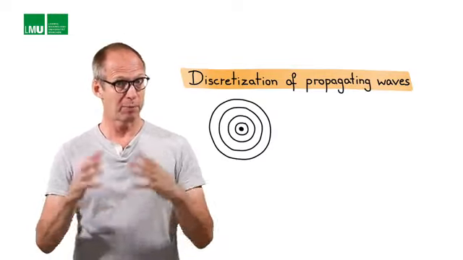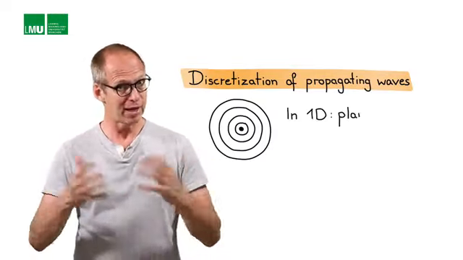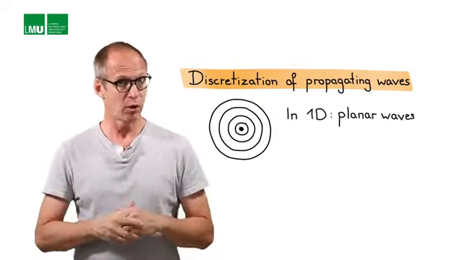So eventually we want to discretize propagating waves, probably away from a source point. They might be far away, so they're almost planar waves. In 1 dimension, actually, they will always be plane waves. And we need to find ways of discretizing those wave-like phenomena. They might be sinusoidal, they might have an arbitrary waveform, and let's just look at some fundamental ways of achieving